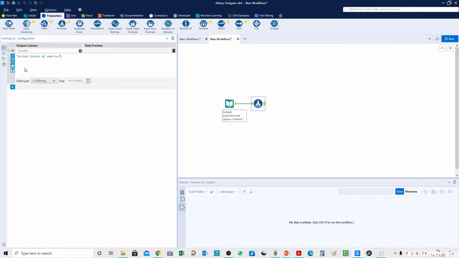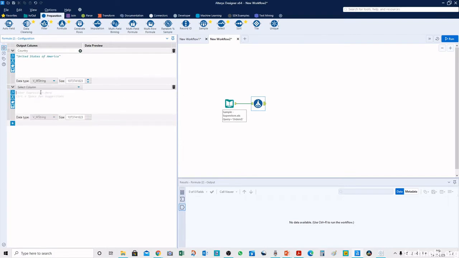Or else if we want to modify the existing column, for example, there is one column that says Country/Region. We will select that and we will select the same. Then whatever value is in this field, it will overwrite and it will just show United States of America for all the rows for that field. We don't want that right now, and we want the Country/Region to show whatever is existing in the source data. So we will delete this one.